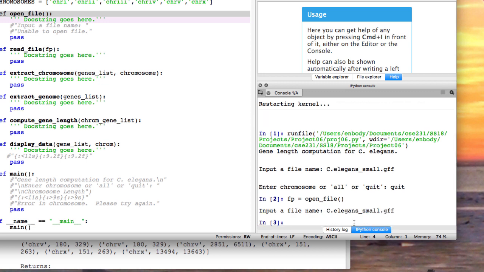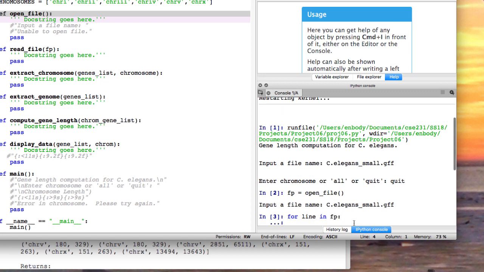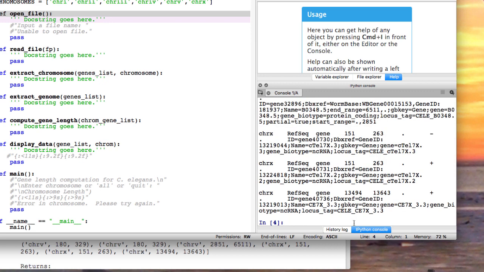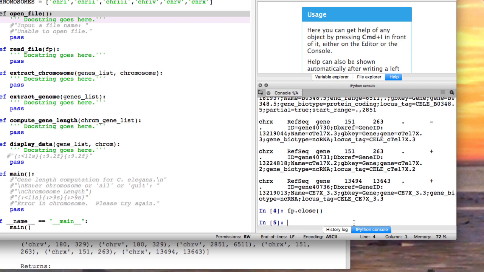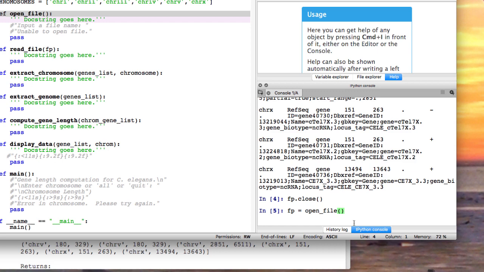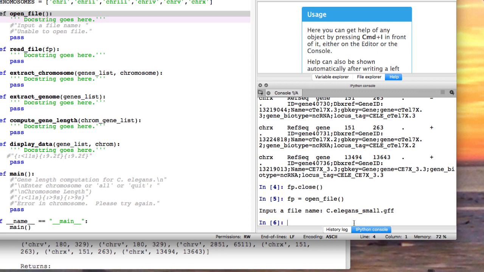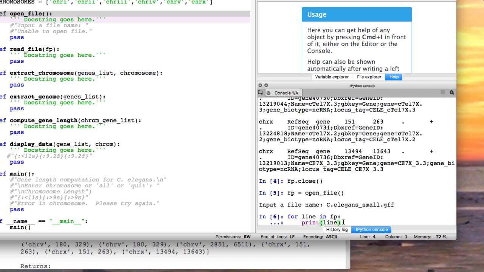Now I've opened the file. And in my read file, okay, I got a file. Let's see what's in it. Standard old thing, and I always start here. That means I know that I've got everything set, and there's the junk that we see in the file. All right, let me close the file, and let me reopen it again for reading. There we go. We'll open the file. It asks for a file name. I give them. We're working off the small one here, and now, this time, instead of printing the whole line,